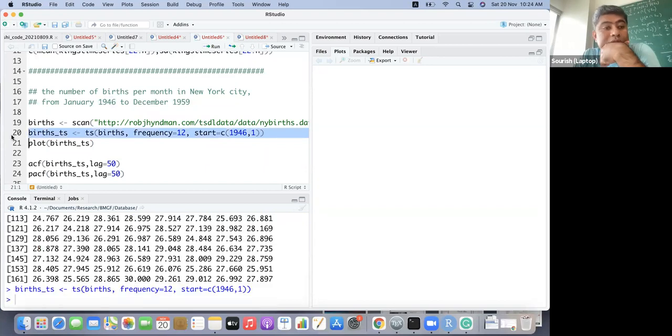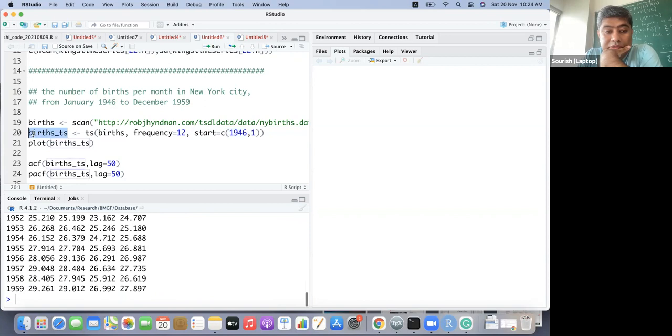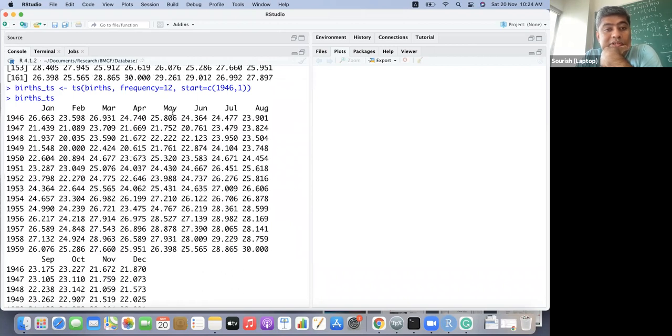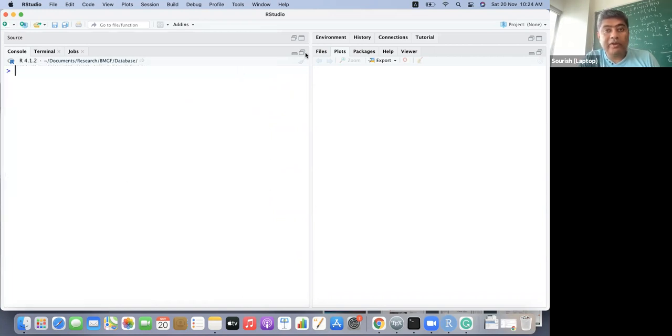If you do this, you will see that it is being read as Jan, Feb, March, April, May, and so on, and on the rows the years are being read, 46, 47, 48, up to 59.